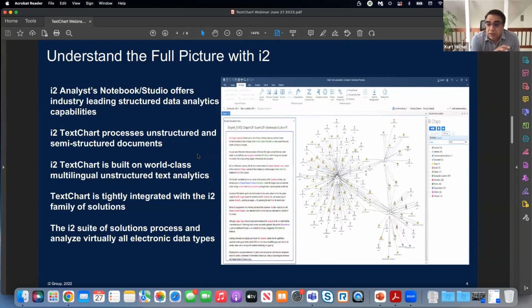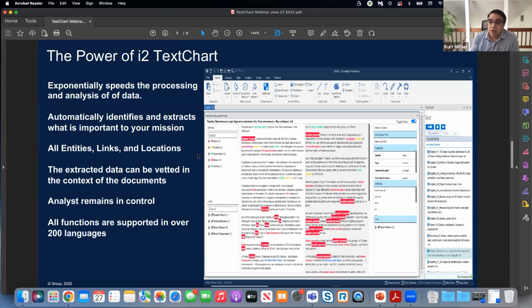So our goal today is to show you how this suite of solutions, not a specific solution, but the suite of solutions, can process virtually any type of electronic data type that you have and that your organization needs to analyze. So the power is that we can exponentially speed the processing